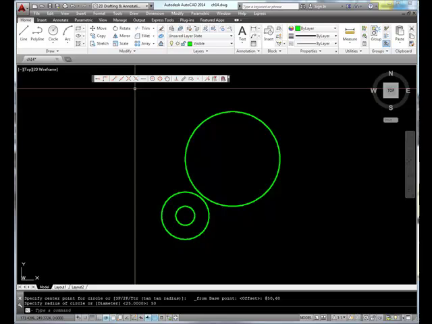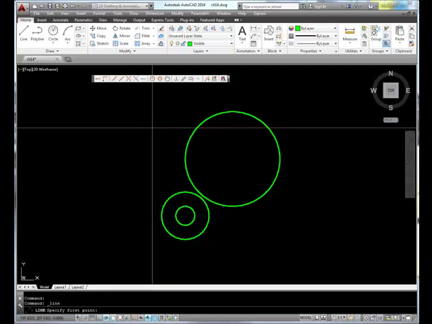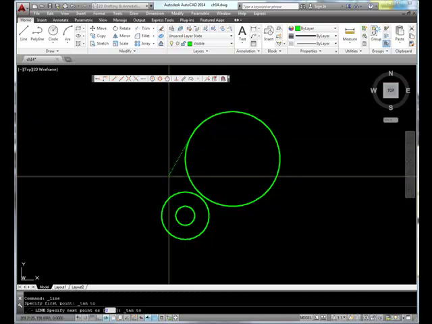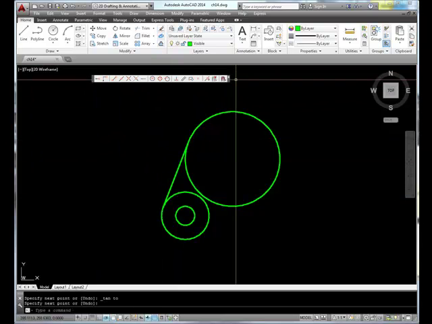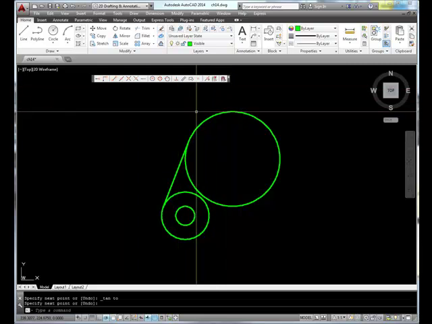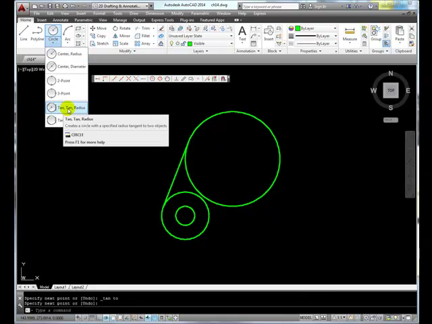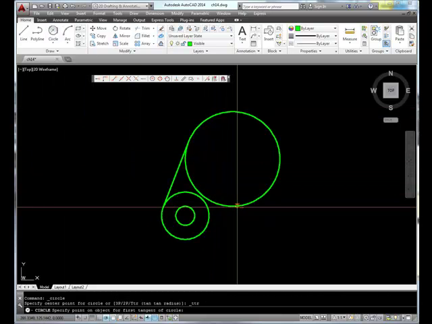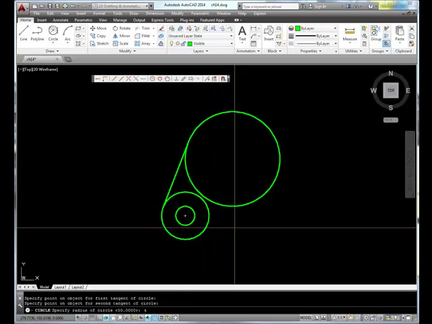So the next thing I want to do is draw a line. I'm going to draw a line so that it is tangent to this circle, and I want it to be tangent to that circle. So this represents another way for you to access those object snaps. Let's draw a circle. I'm going to draw a circle using a tangent radius specification, and I want the circle to be tangent to this circle, tangent to that circle, and I want it to have a radius of 40